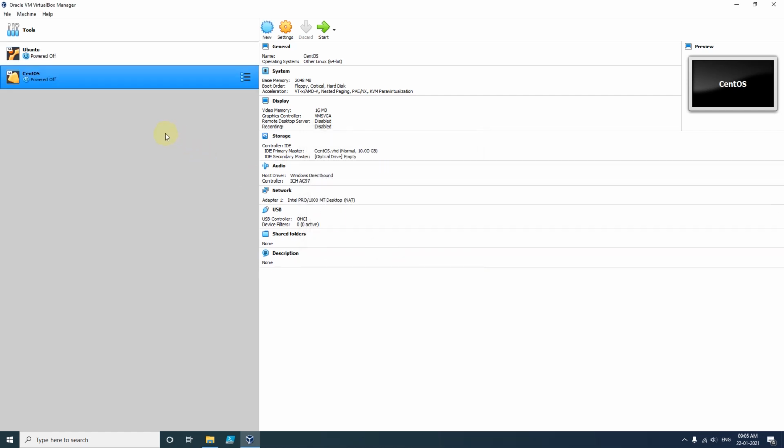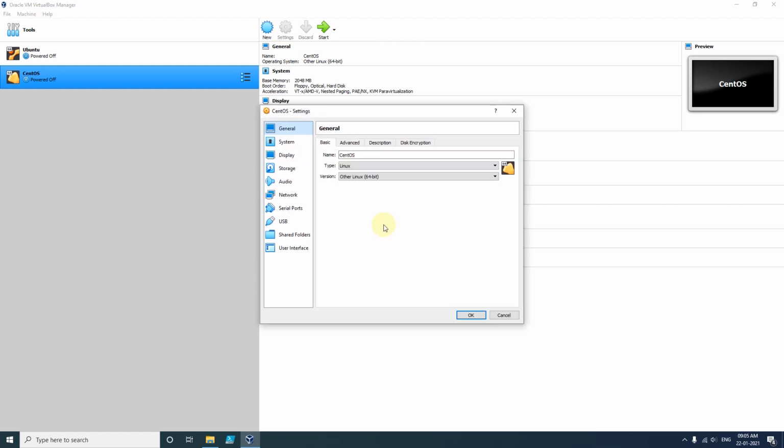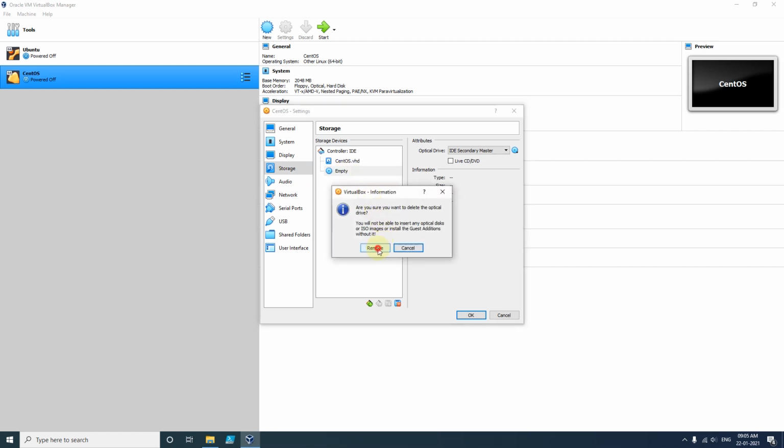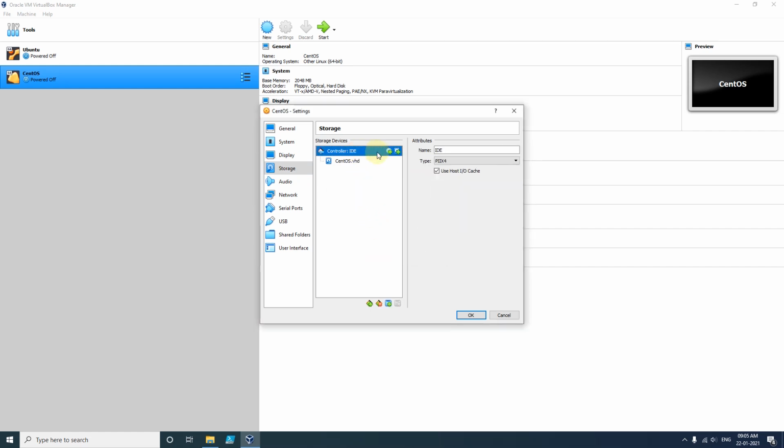You can see here that our virtual machine got created, but this virtual machine does not have the CentOS operating system loaded in it. To load the ISO image, I will click on Settings, and after selecting Settings we have one option called Storage. In this we have to remove the empty disk, and after that click on this image symbol.